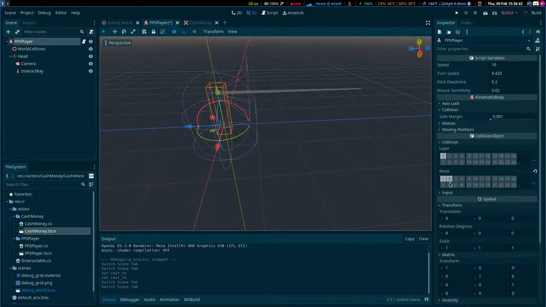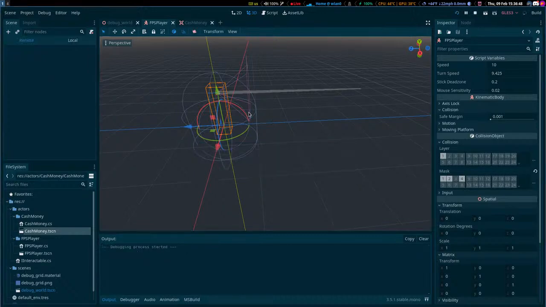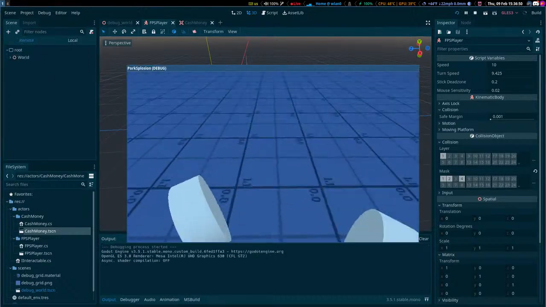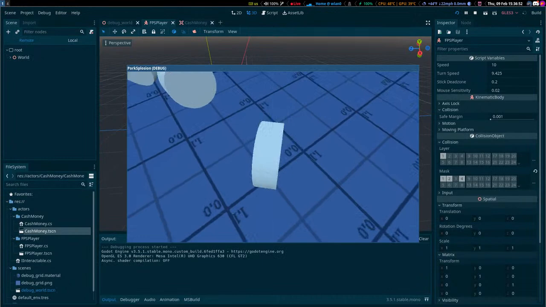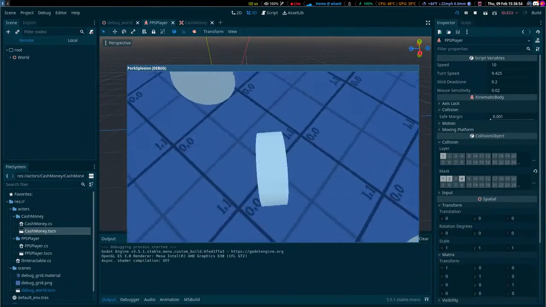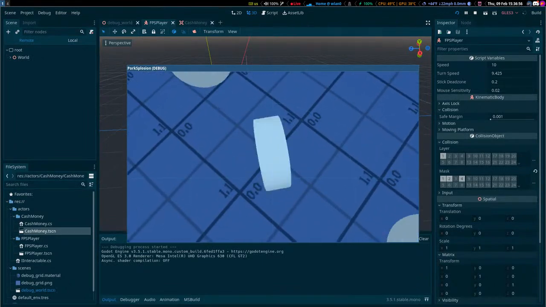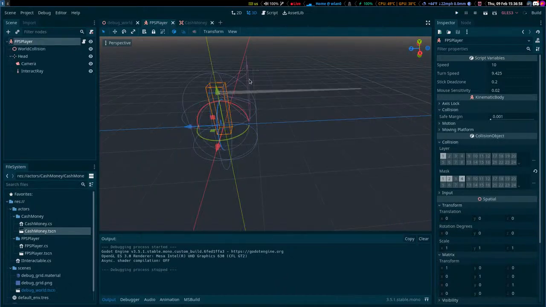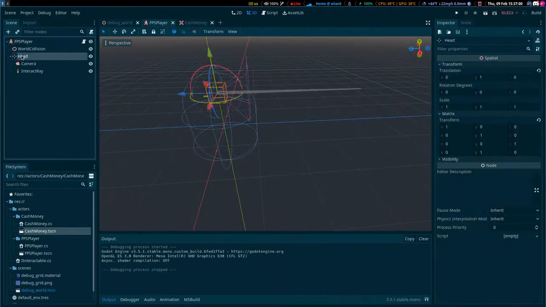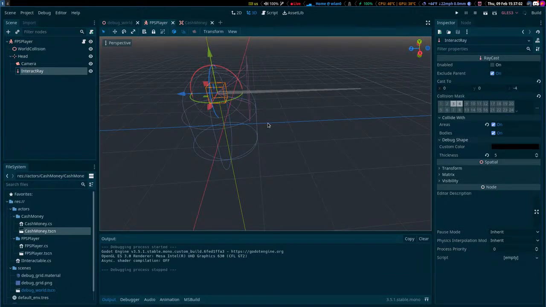Unless this thing's mask is overriding my ray. I'm going to try enabling that. I mean, the ray should be shooting out exactly the same way that